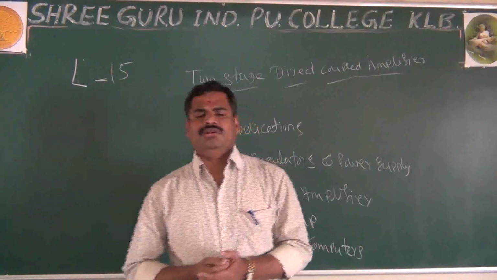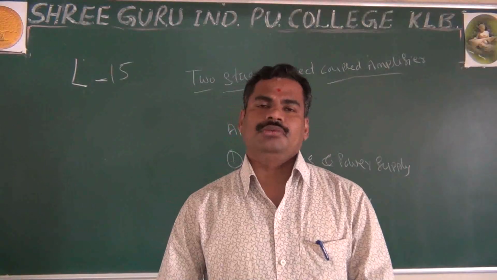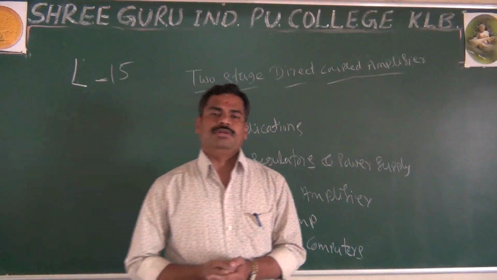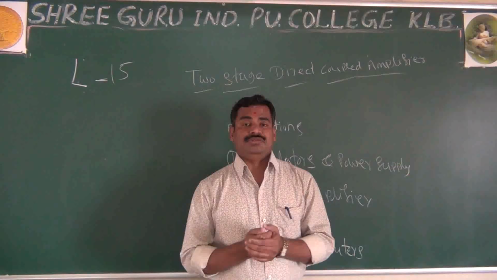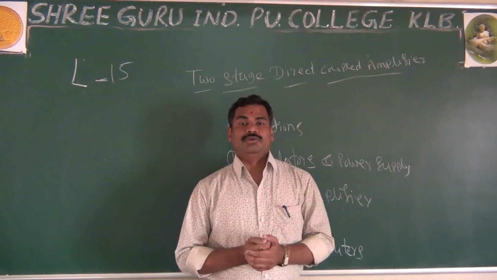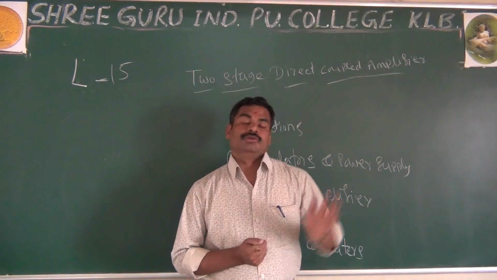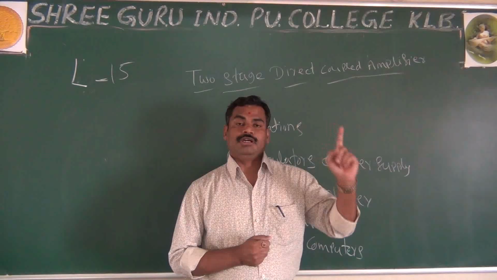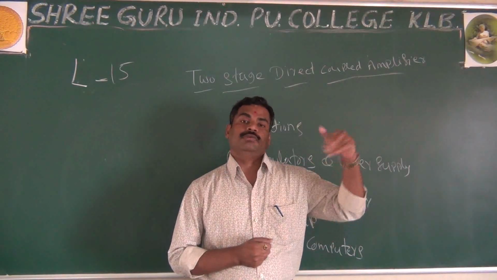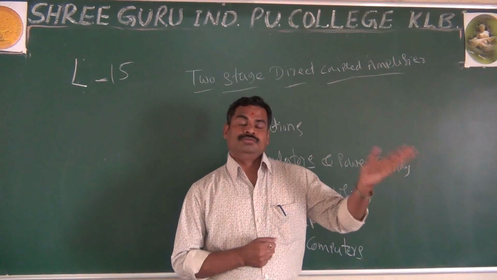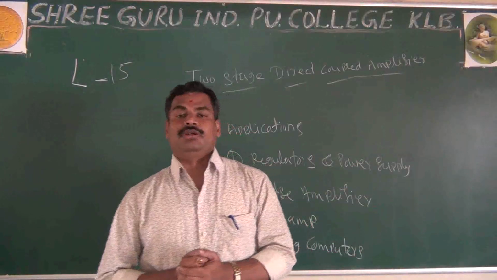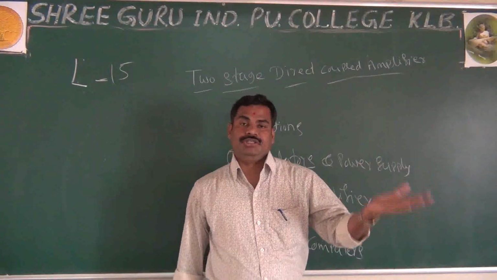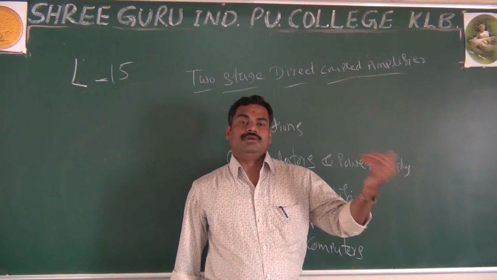And finally, we go for the last thing about this topic. That is very simple. What are the comparisons? As we already compared power amplifiers, we also compared single stage amplifiers. It may be common base, common collector, or common emitter. Similarly, what are the comparisons for your power amplifiers? It may be class A, class B, class AB, and class C.